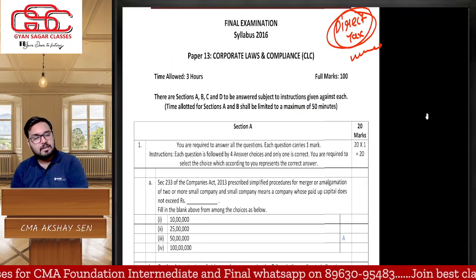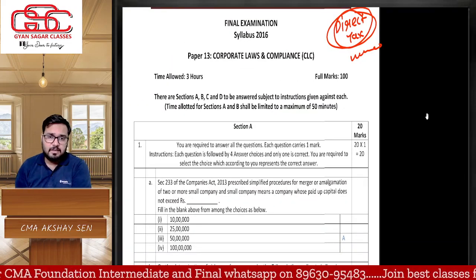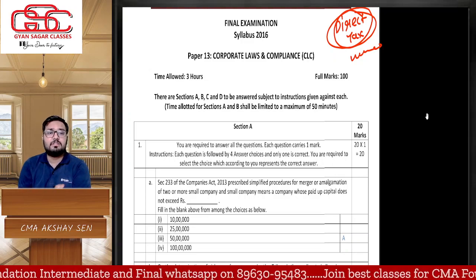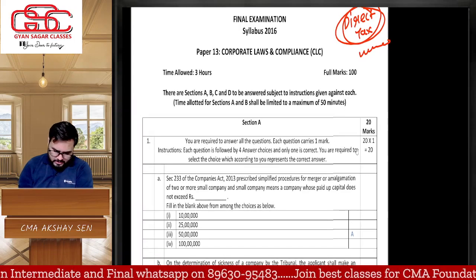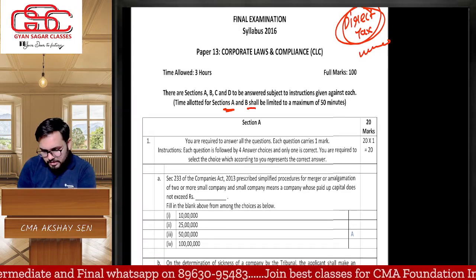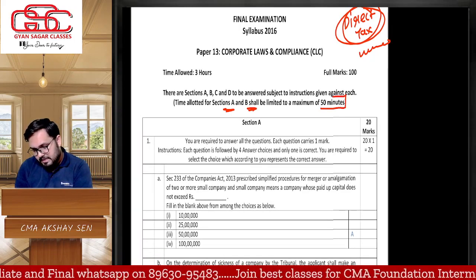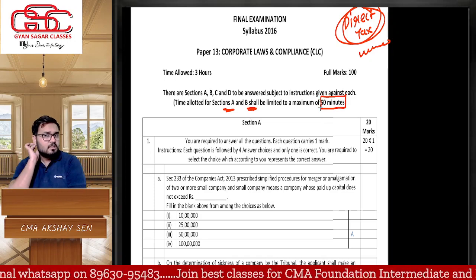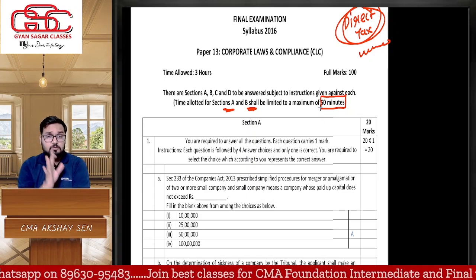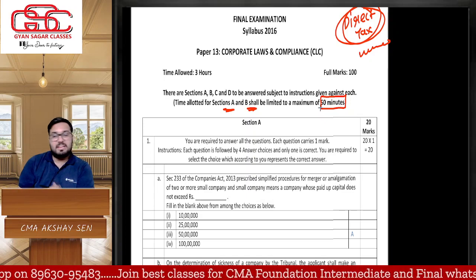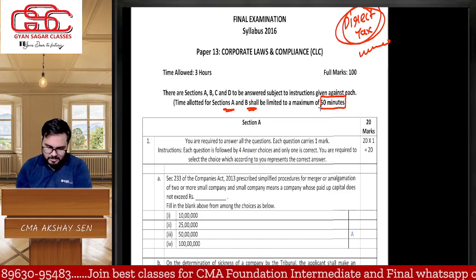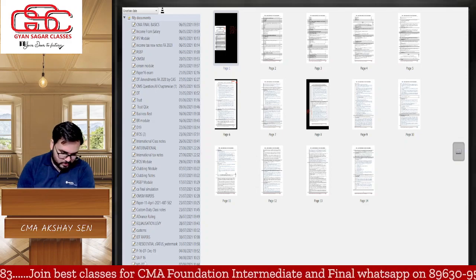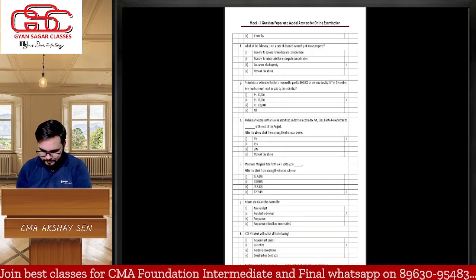So this was the concern. Next concern, and many students are saying this, and I am fully in favor of that: this is not that easy. You can see for sections A and B, we are getting a maximum of 50 minutes. 40 questions in 50 minutes is not that easy, because sometimes we have to do calculations, we have to solve. Just look at the direct taxation paper